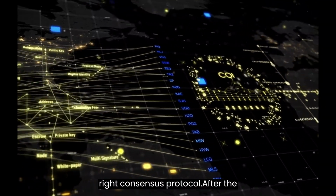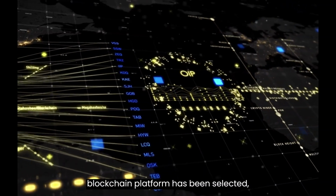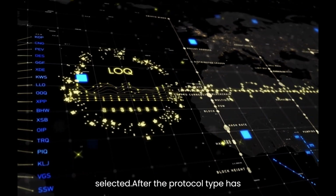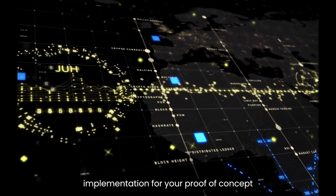Choose the right consensus protocol. After the blockchain platform has been selected, the project can move forward, and the consensus protocol used in the production implementation should be selected. After the protocol type has been determined, you must choose an implementation for your proof of